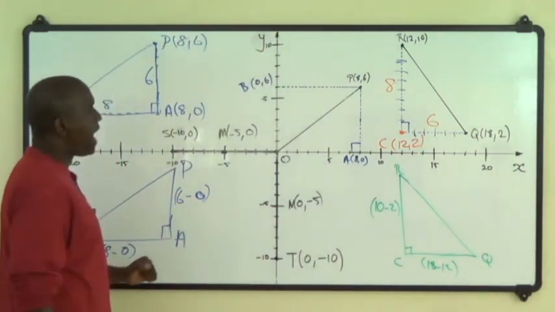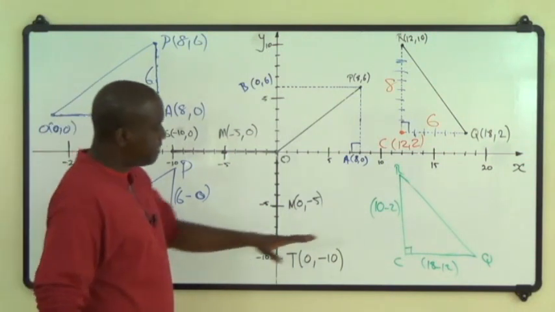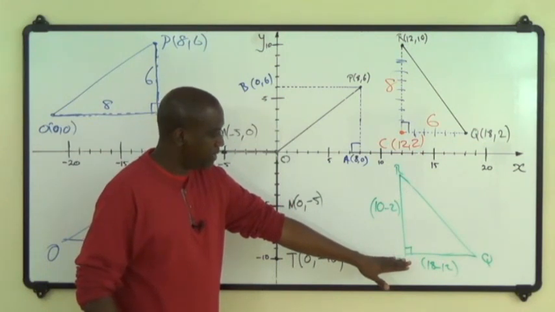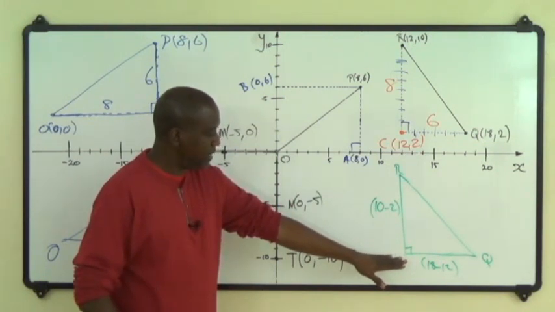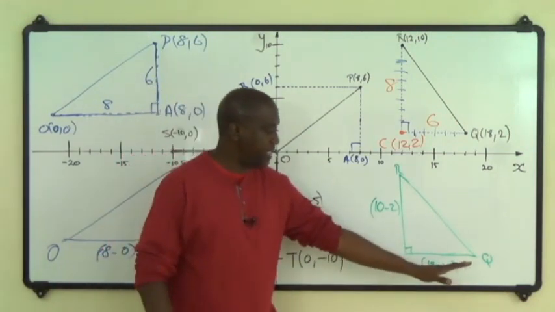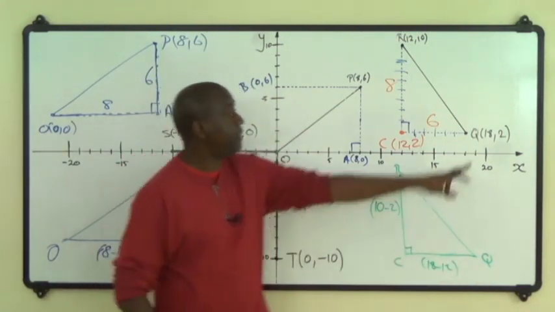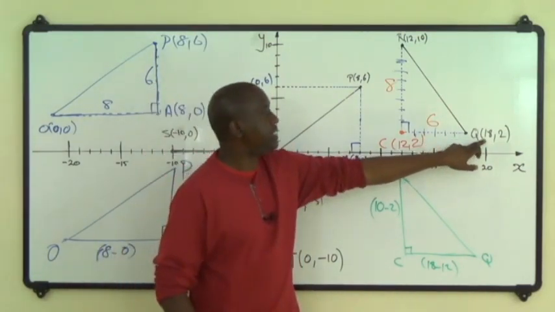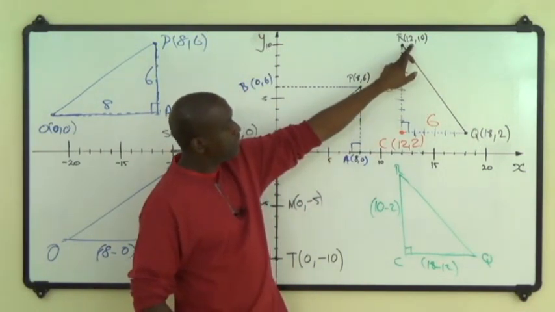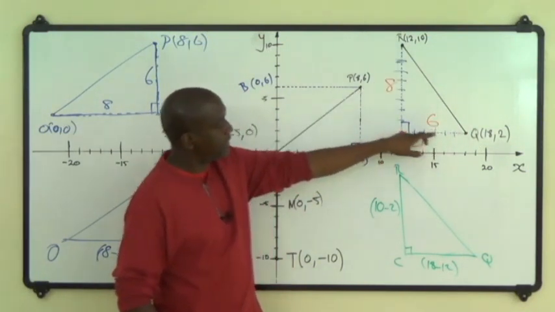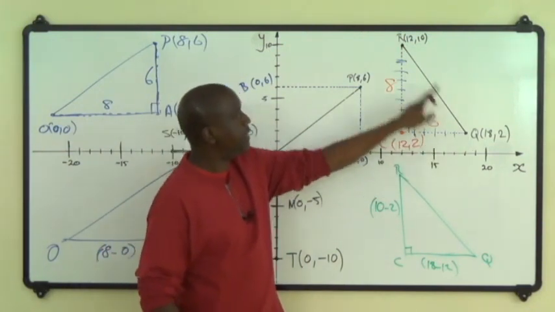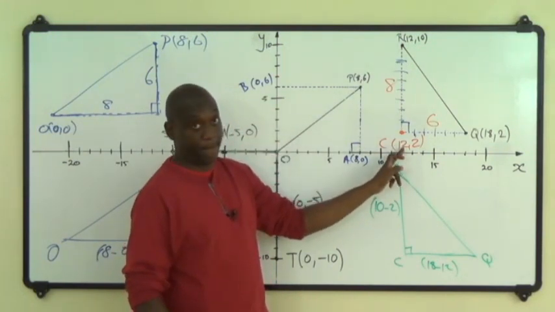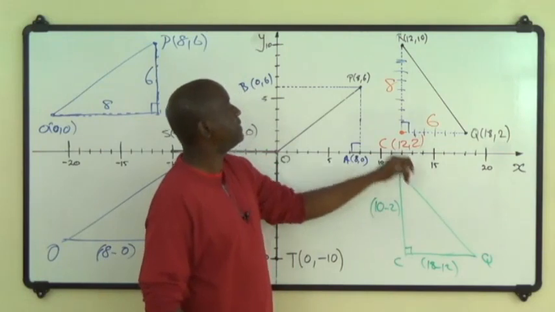So, having demonstrated certain kinds of concepts here with respect to using the difference in the respective x coordinates, 18 here minus 12 here, right? 18 minus 12 will give this 6 here, right? 18 minus 12, because this 12, the x coordinate, is along the same line as this 12 here, right? So 18 minus 12 is 6,